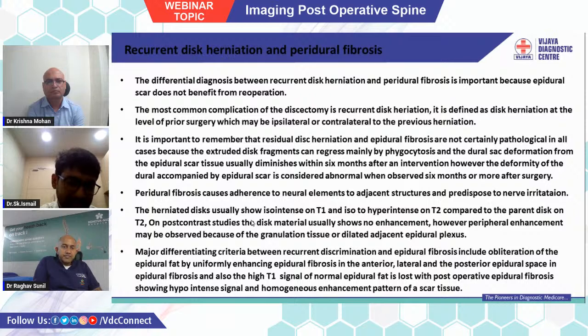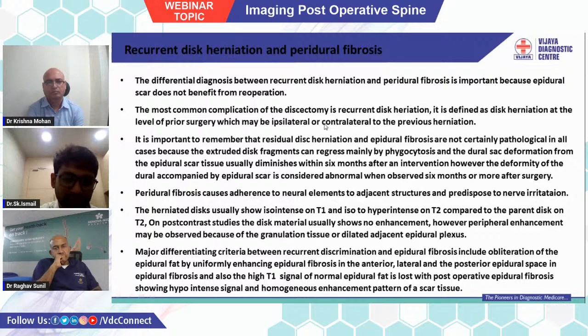And it is important to differentiate between peridural fibrosis and recurrent disc herniation, because in recurrent disc herniation, the patient benefits from re-exploration and discectomy, whereas peridural fibrosis usually does not have benefit. And also the imaging findings are pretty much characteristic, where